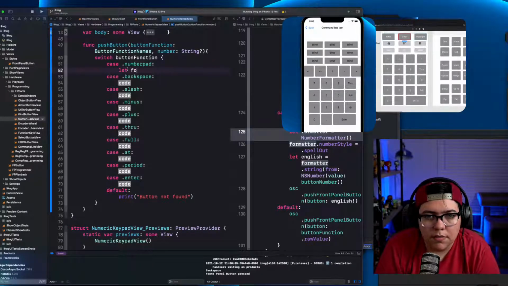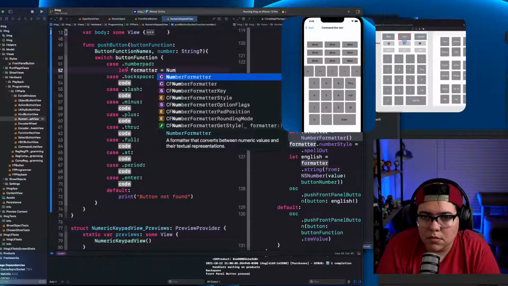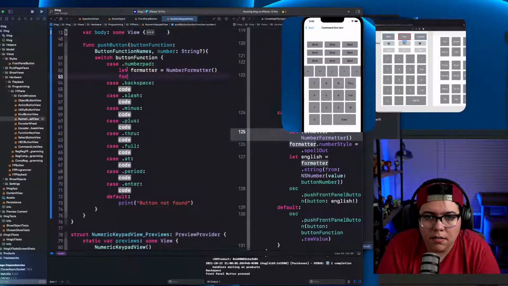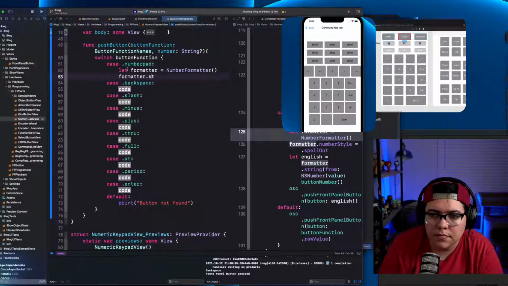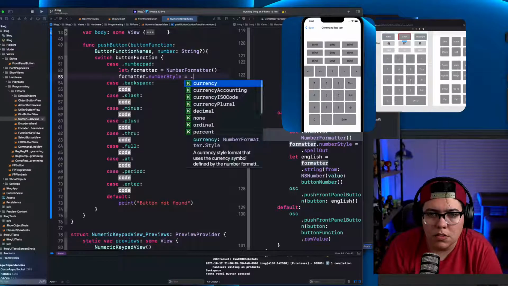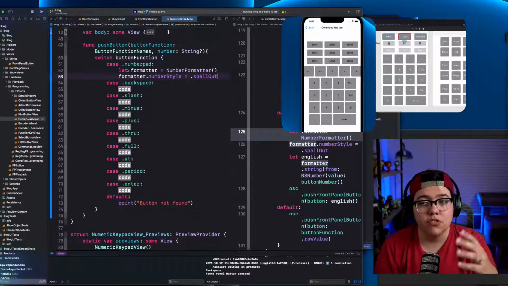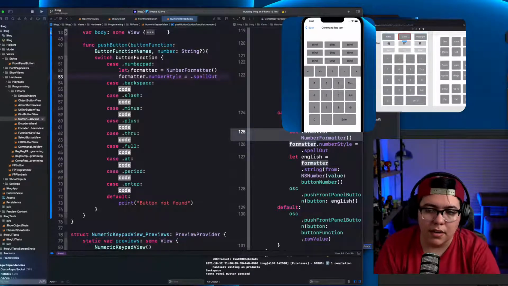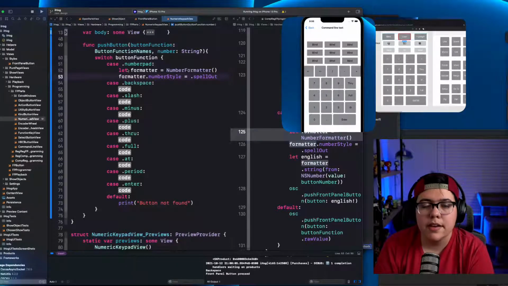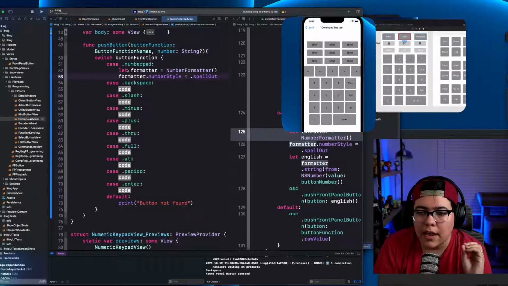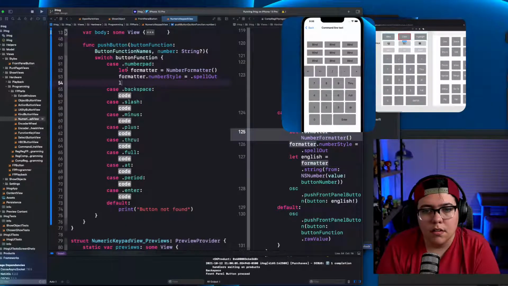So let formatter equals number formatter dot style. Equal. So this is basically just going to take the number, so 0 through 9, and instead of the number 9, it's going to spell it out in English, N-I-N-E. Let English equals formatter